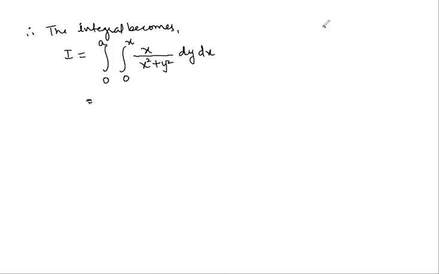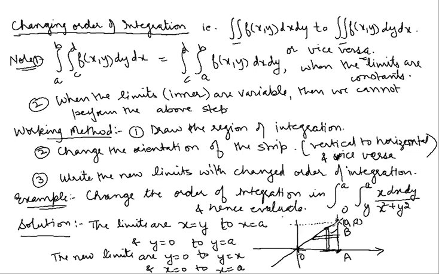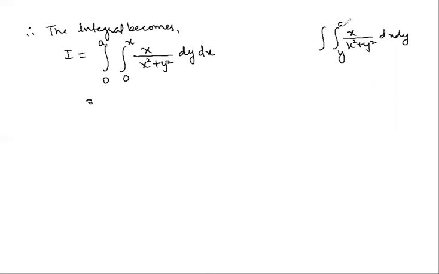बेटा एक बार ना हमारा माइंड क्या सजेस्ट करता है, देखो यहाँ पे इंटेग्रल लिखा है हमने x upon x square plus y square, it was dx dy, and what were the limits given? These were y to a, 0 to a. So if we don't do it by drawing the diagram, so what does the mind suggest? That the limit should be from 0 to a and from x to a, x upon x square plus y square dy dx.